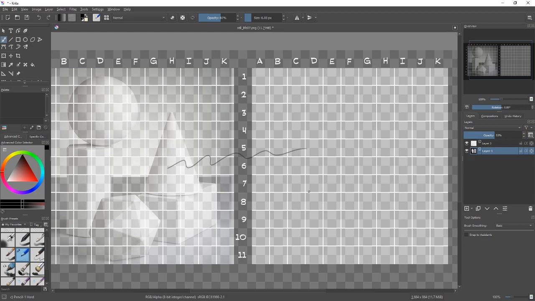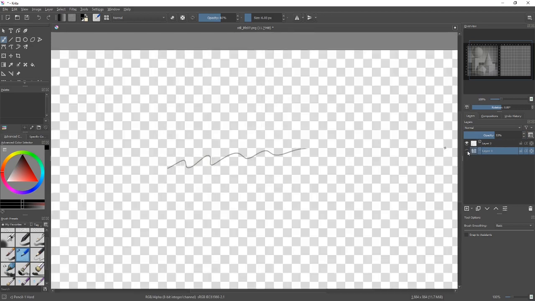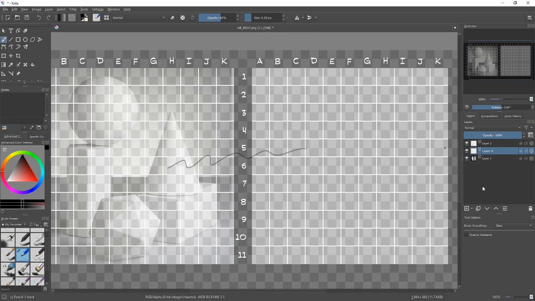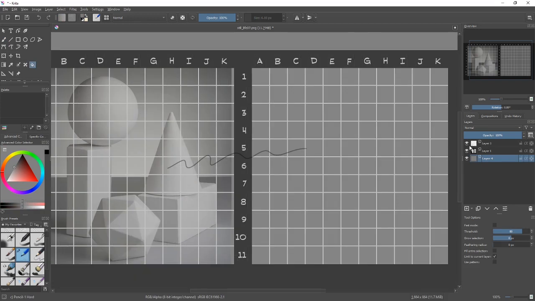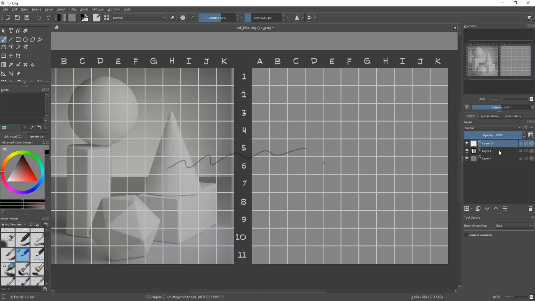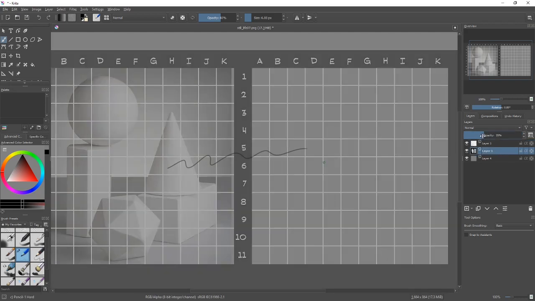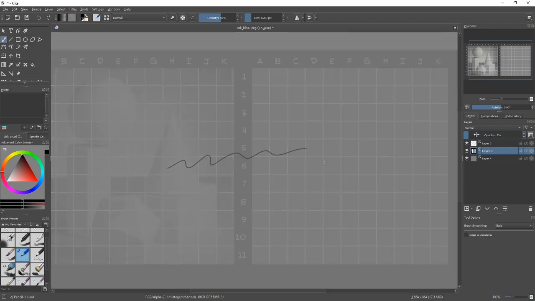But as you see when I do that, the transparent grid shows through. And so I like to do just one more thing, which is to add a new layer, put it underneath the original, and then just fill it with gray. So I'm just going to get bucket, fill that with gray right there, switch back to my brush, switch back to black. There we go. So now if I turn this down, it's not so annoying and I can see my drawing